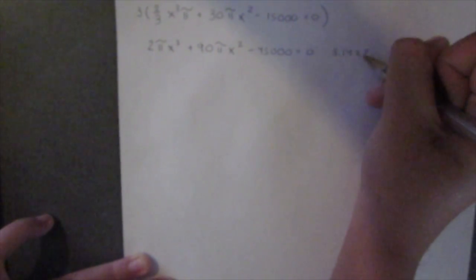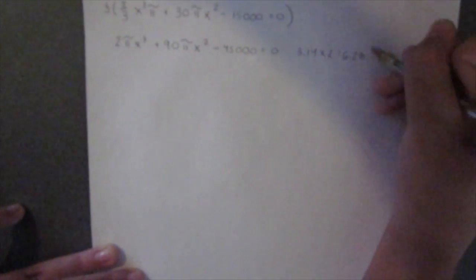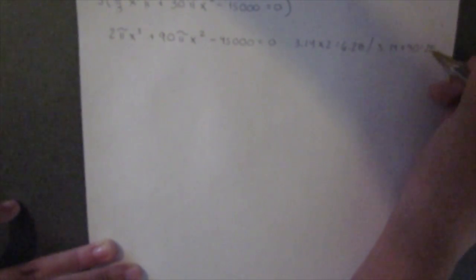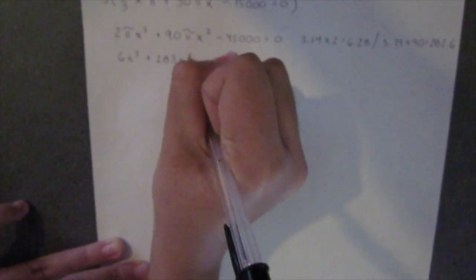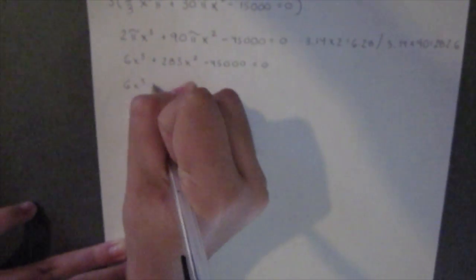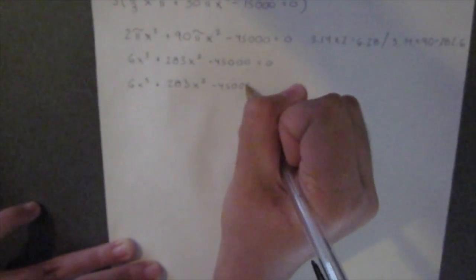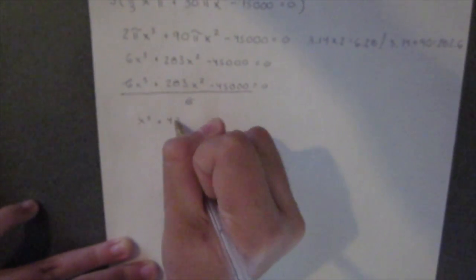Multiplying 2 by it gives 6.28, and multiplying 90 by it gives 282.6. So it becomes 6x cubed plus 283x squared minus 45,000 equal to 0. As we want x cubed with no coefficient, we divide everything by 6, which gives x cubed plus 47x squared minus